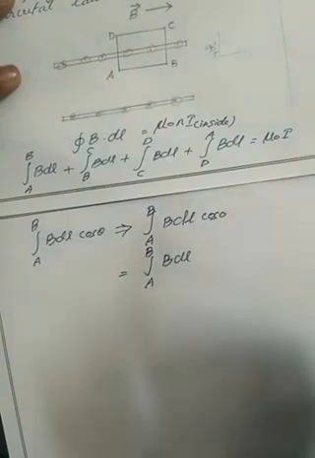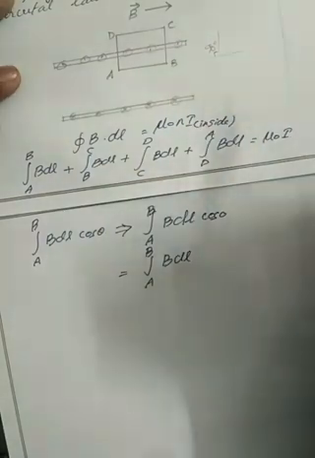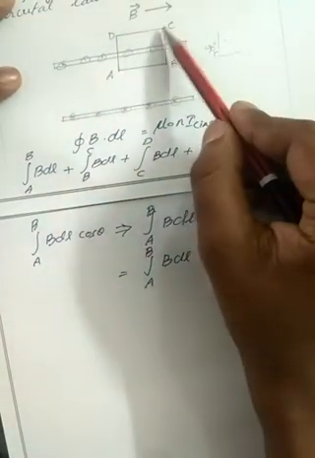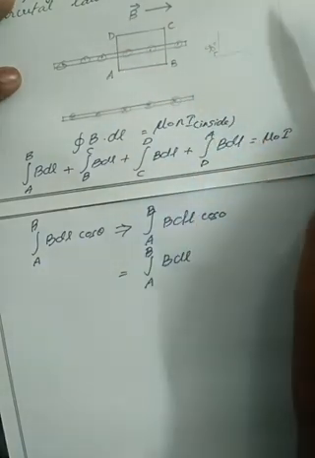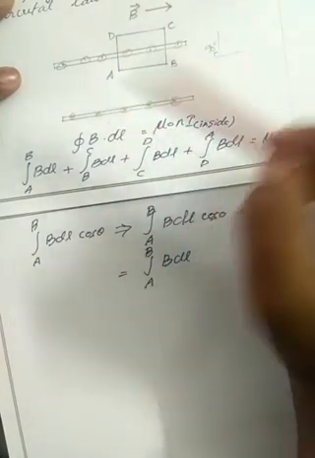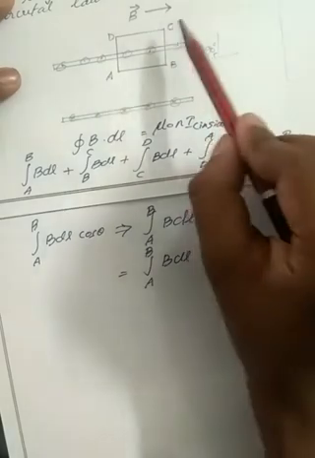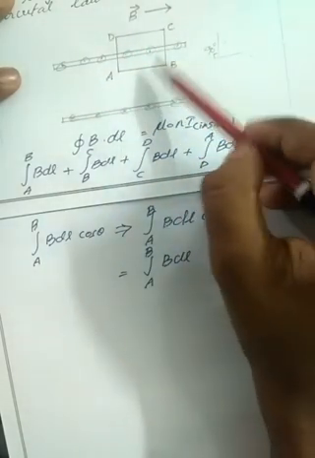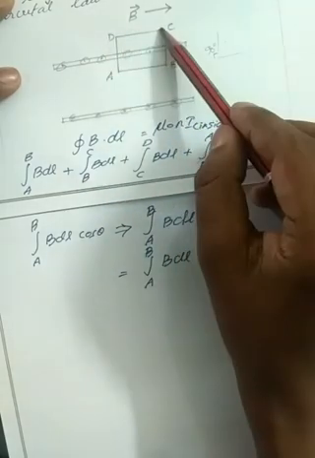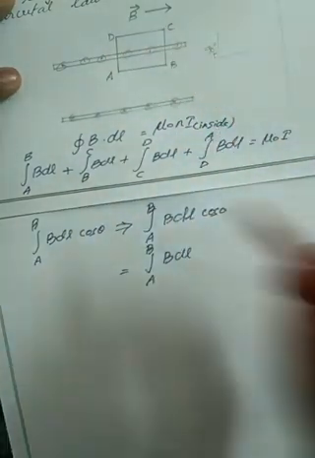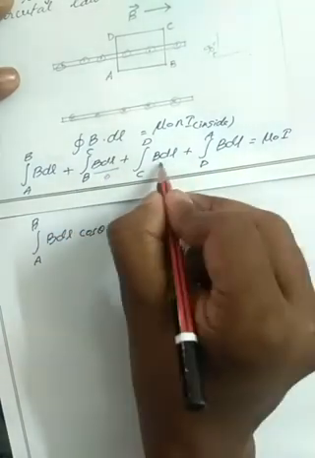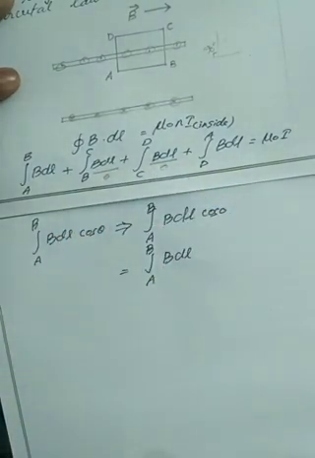Okay. So as well as C to D, C to D is outside the solenoid. So outside the solenoid there will be no magnetic field. The magnetic field is 0 outside the solenoid. So C to D did not come inside the solenoid. So for this Ampere's loop, my magnetic field value will become equal to 0. So for here also I get 0 magnetic field. For here also I get 0 magnetic field.